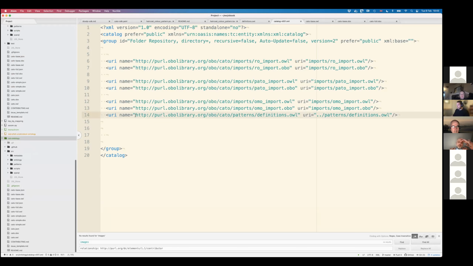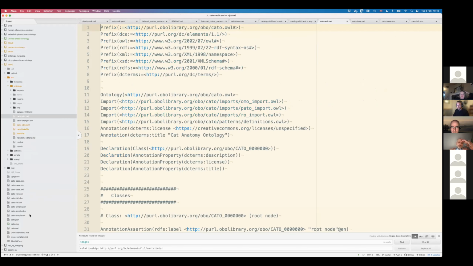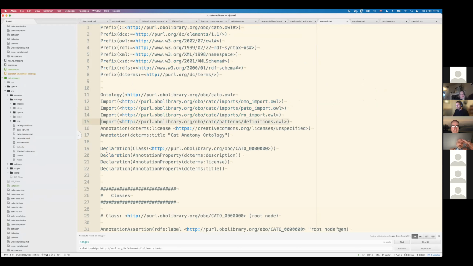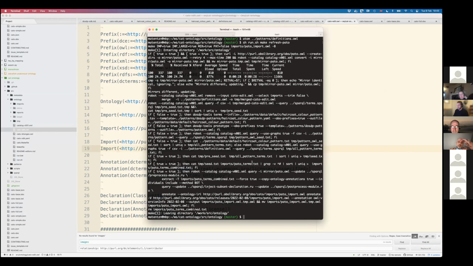And the second thing that all of you that will have done this in the past remember is you also need to add the import statement to the edit file if you want to see the templates, the OWL of the template, in Protege when you open the edit file. All right, ODK doesn't care about this. It knows, and it will deal with it anyways. So now it has refreshed the import. Now it knows about the term, but it still didn't